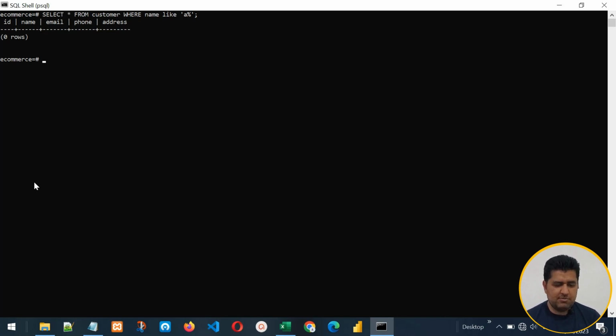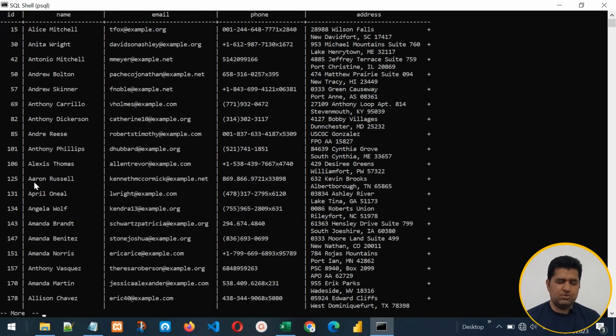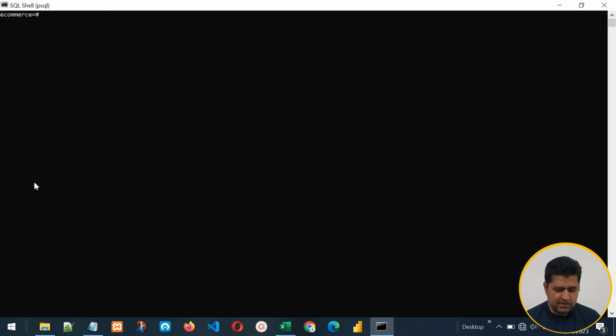If I change the same condition again to capital A, it will return the same result that we saw before. Now let's see another example with the same % sign. Select star from customer table